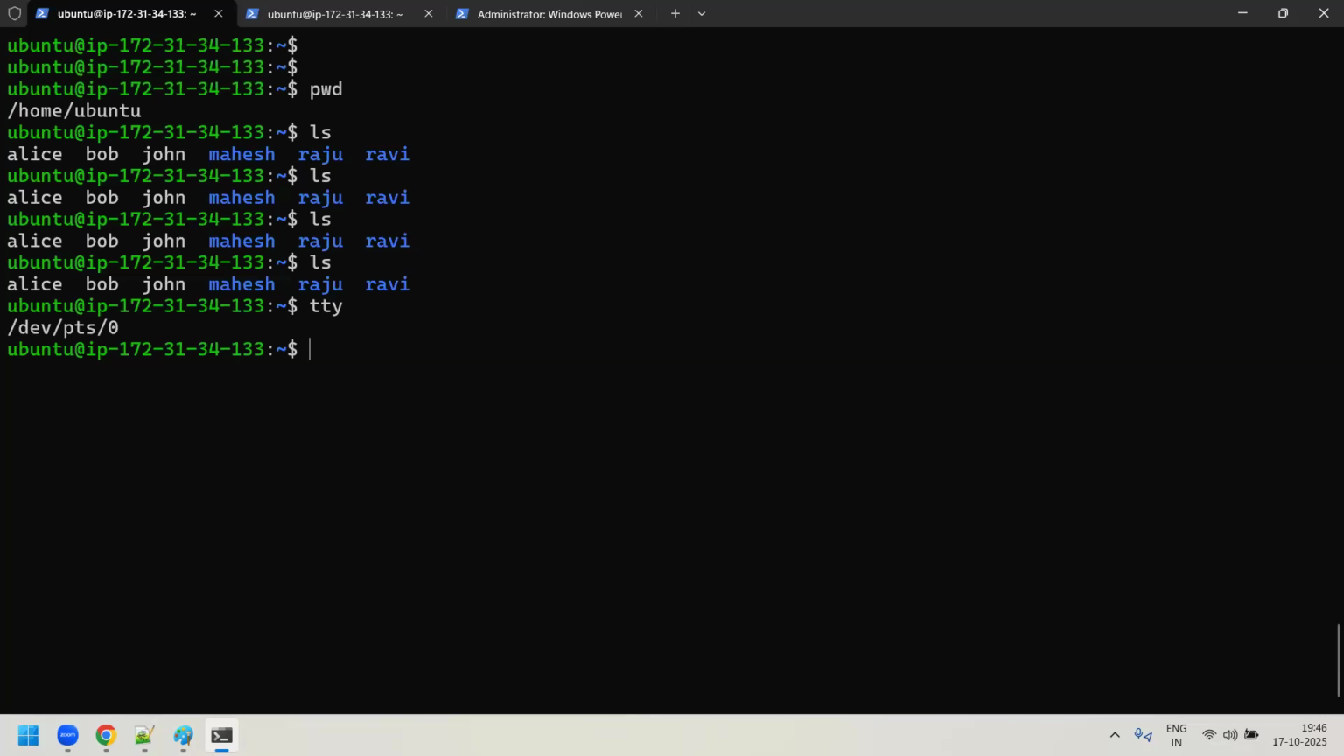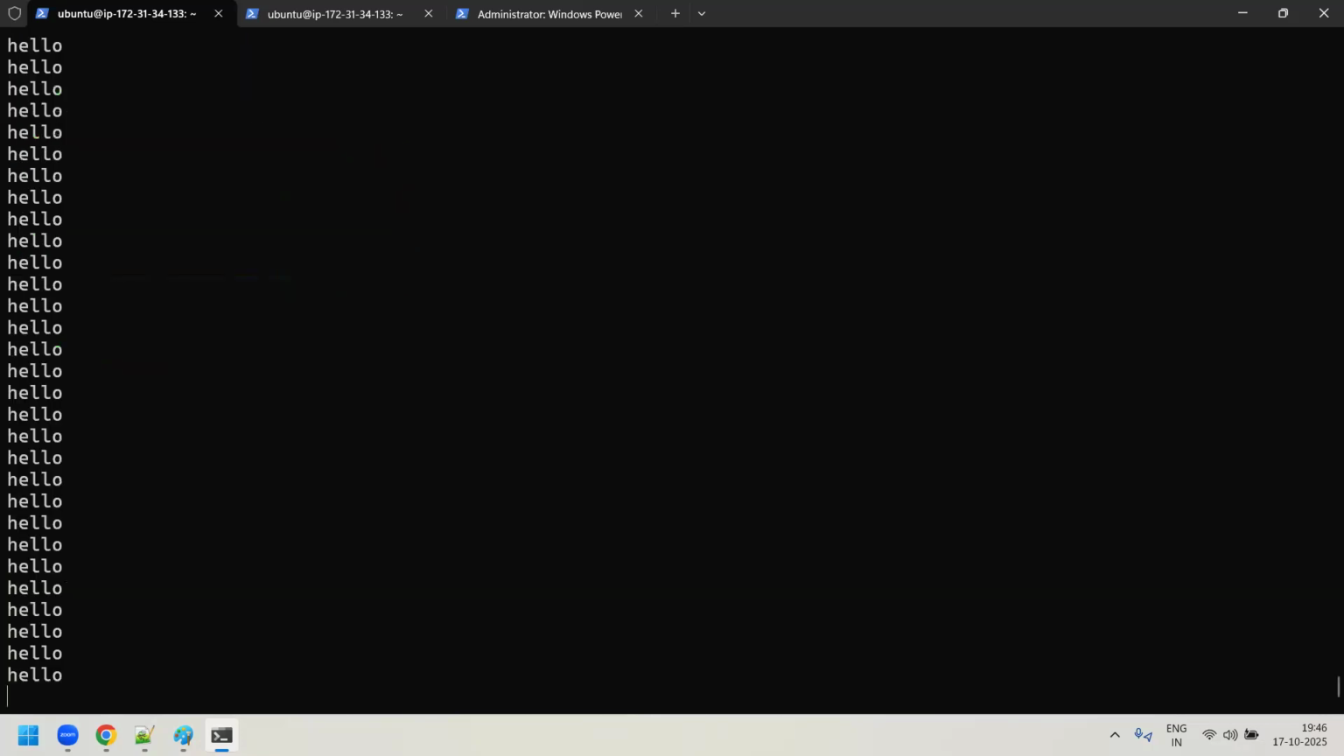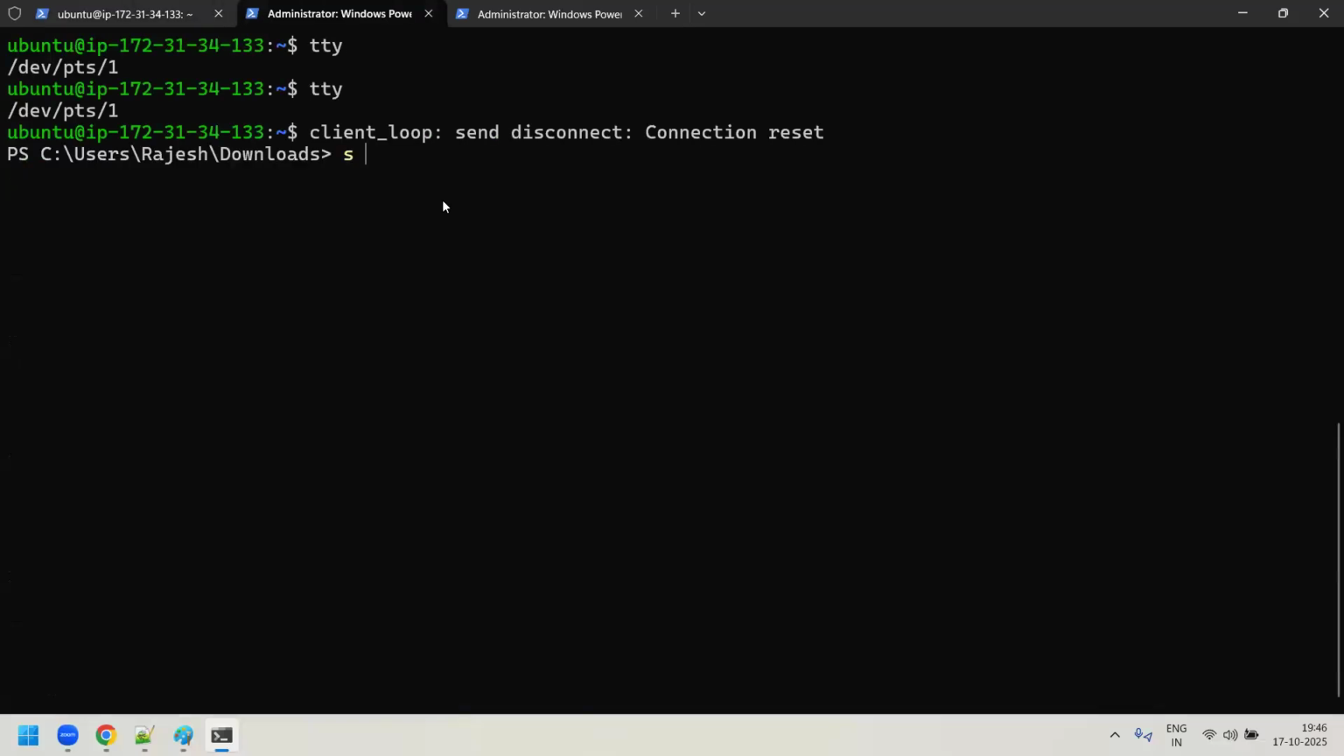It should keep running. Is there any way to run it? Yes, there is a command for that. If I say hello, can you see that this process is continuously running? Yeah, continuously running. If I go to the other terminal, if I just execute a command,